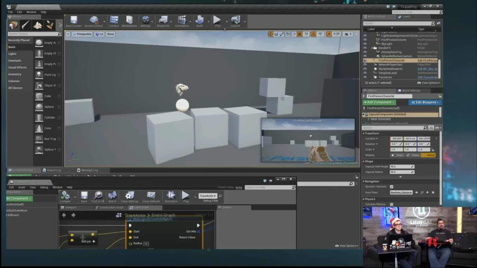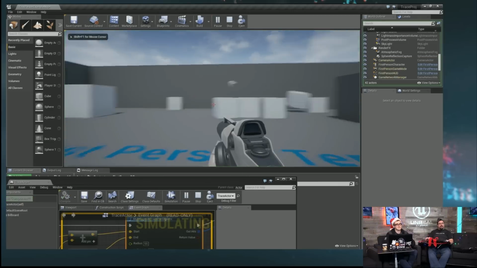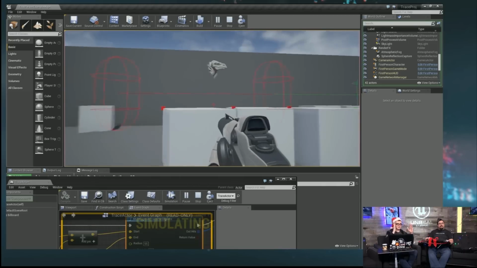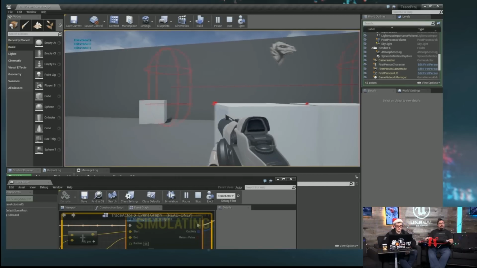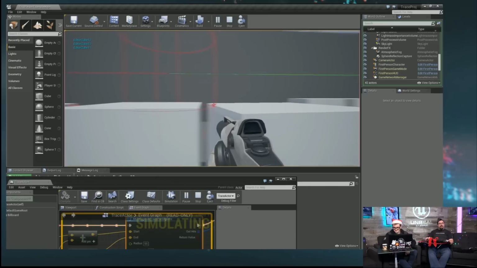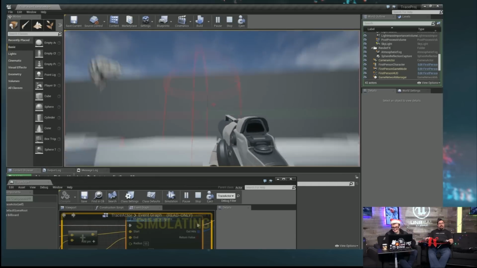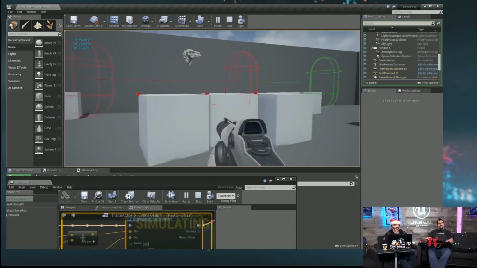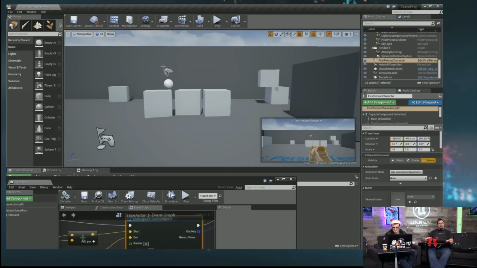Now this is going to look a little strange compared to the other one, because it stays standing up, right? So you can see that, oh, okay, well, this is the last one it hit, so it's drawing the debug one there. You can see right there it hit on that edge. So we know that this is a little low for our guy to get through. But if we modify this,